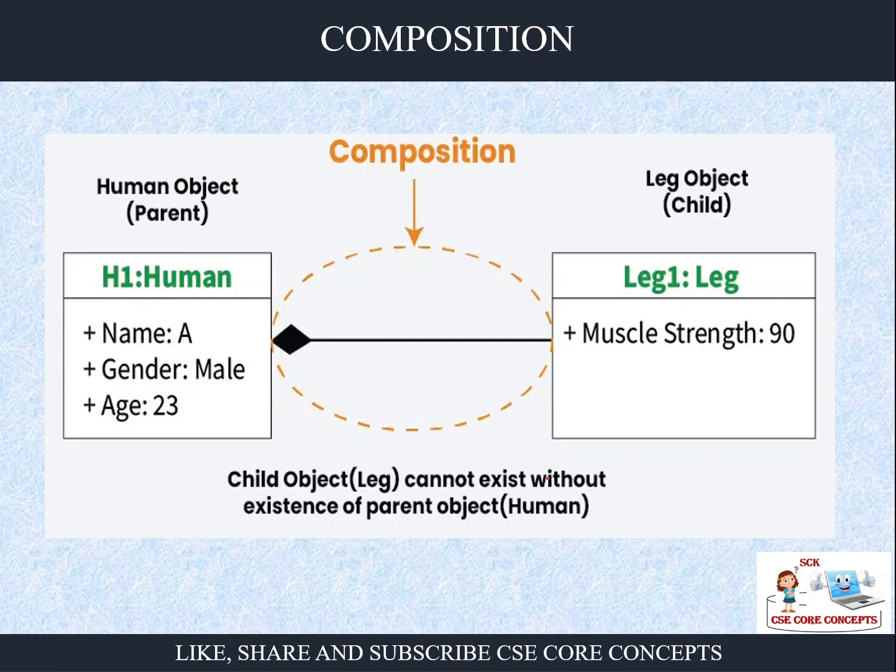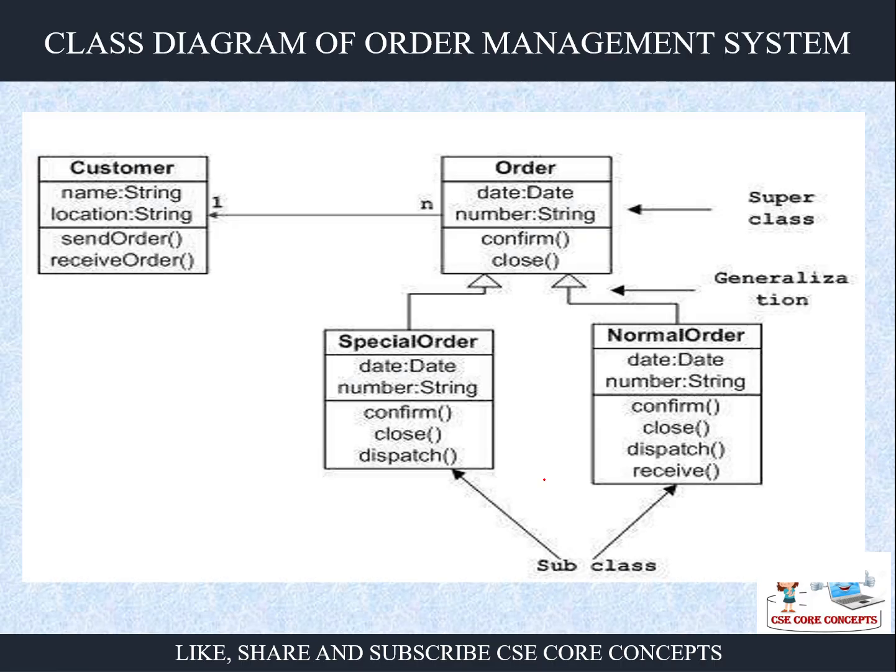So this is a composition, like contacts and contact book. I had given this example in a class diagram also. If the complete diary of my contact book gets erased, all the contacts will also get automatically erased. Understood? That is a strong association. That means if the parent dies, the child will also die, whereas in the case of aggregation, it was not so. If the parent class dies, although the child belongs to that parent, that does not mean the book class will also cease to exist.